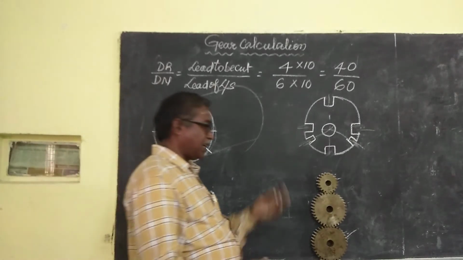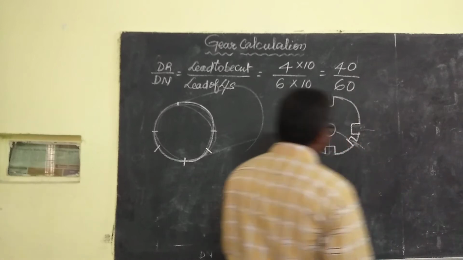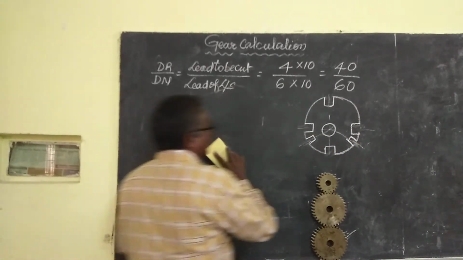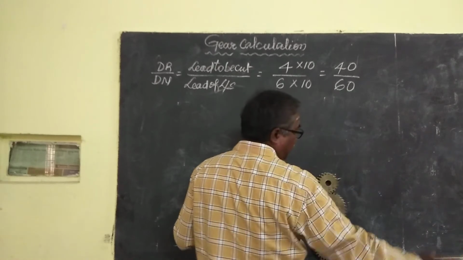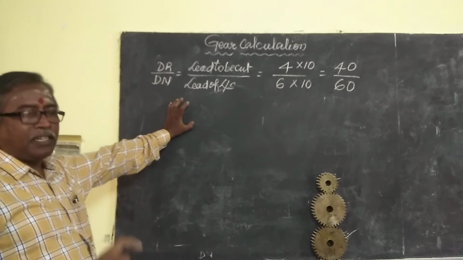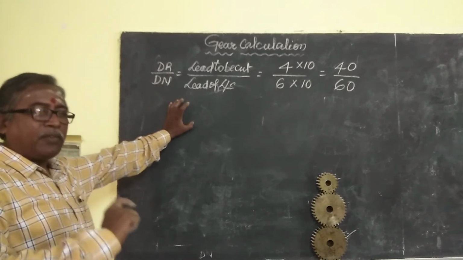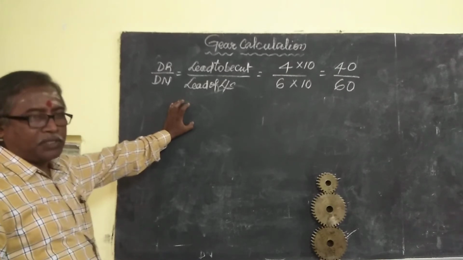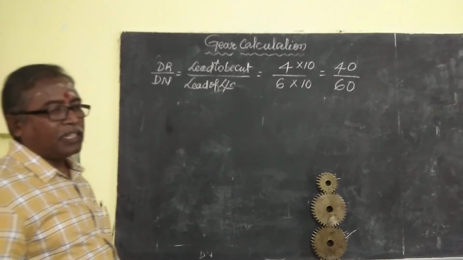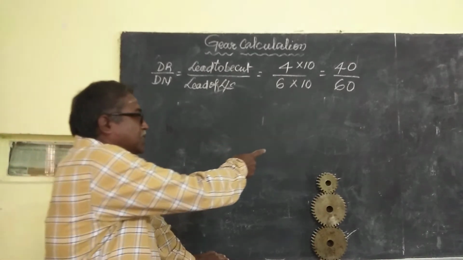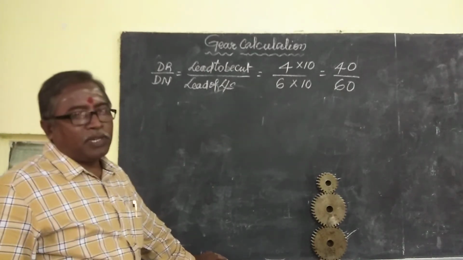Otherwise, the second one, how will they set? The other method, how they will index the start. We have the top slide, the compound slide. By using the compound slide, whatever the pitch is, we have to move the compound slide by a certain pitch, whatever is given in the drawing. Then we can cut the threads. That is one method. This is the catch plate method.